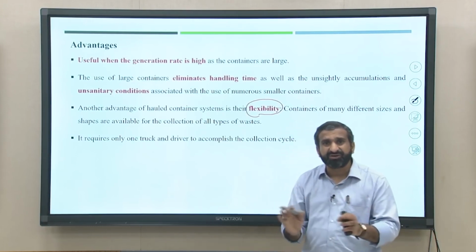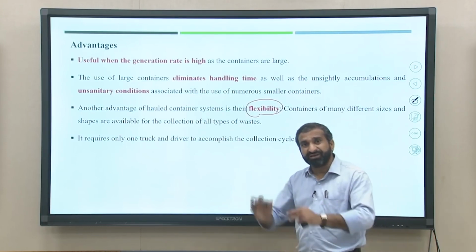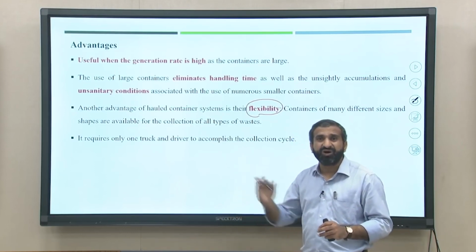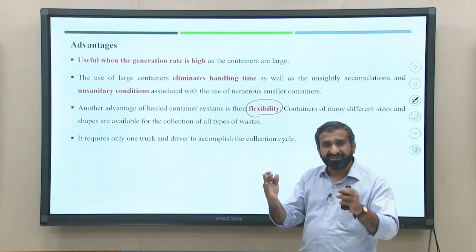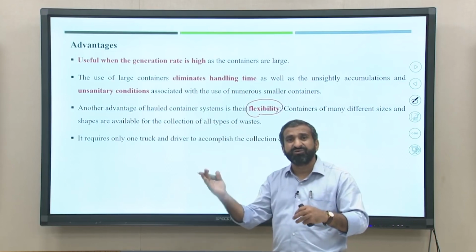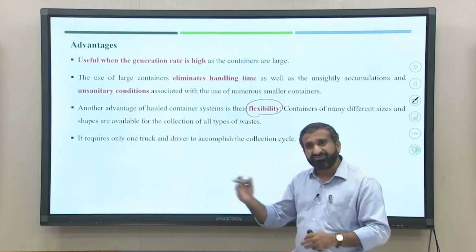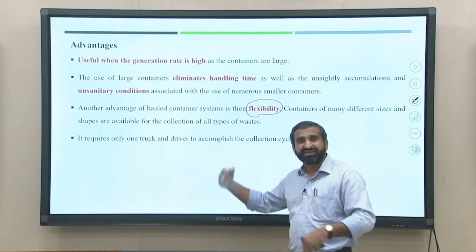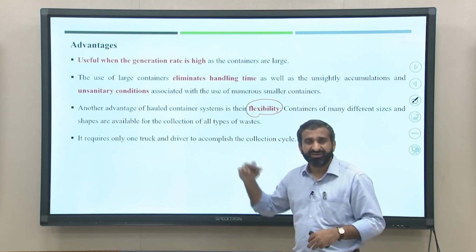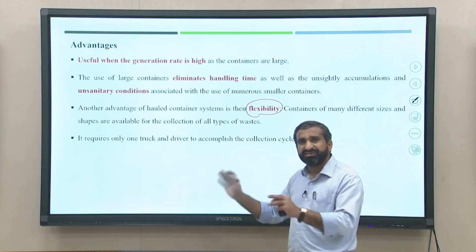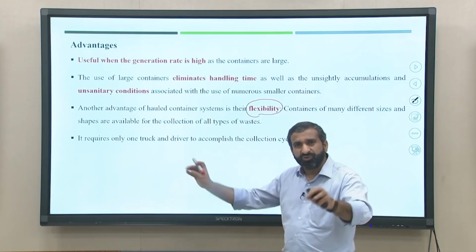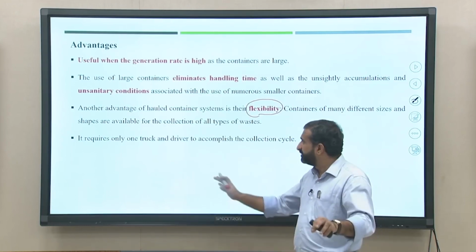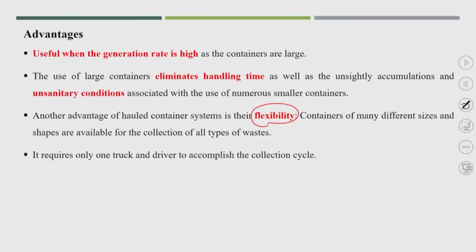Based on their experience, the local authority can change the locations from time to time if they have the haul container system. Suppose somewhere you are getting a large quantity of waste, more than the volume available in the container, and somewhere else you are not getting that kind of waste volume. Obviously you can change the locations in such a way that at all locations a good volume of waste reaches to fill the containers. So, this is another advantage.